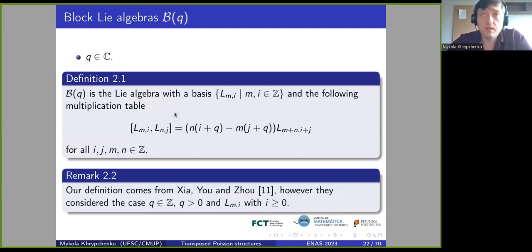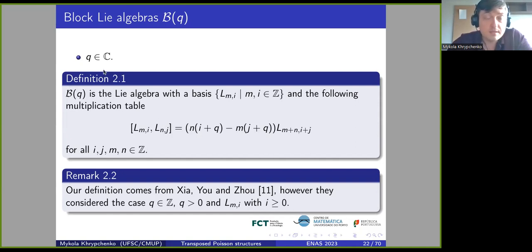In many of these algebras, in block Lie algebras, in weak type Lie algebras, in general block Lie algebras, the product is some modification of the group algebra product. So all of these algebras that I mentioned, all three classes of Lie algebras, have a basis indexed by some group, an abelian group. And they have a product which reminds the group algebra product, but it has some coefficient which makes it, in fact, a Lie product, not an associative product.